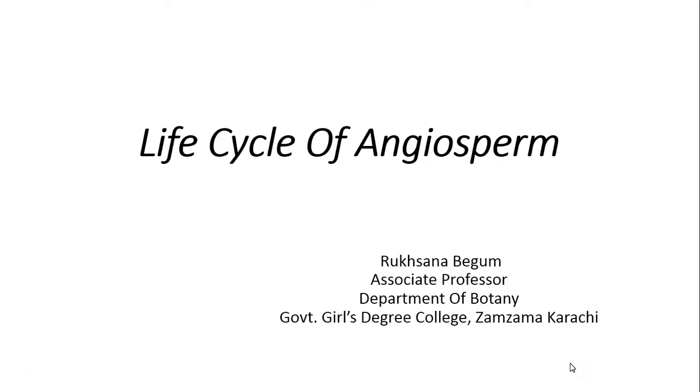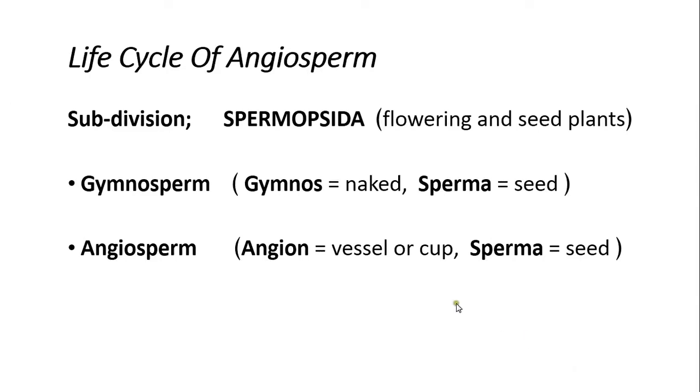Dear students, today we will discuss the life cycle of Angiosperm. It belongs to subdivision Spermopsida, the flowering and seed plants. Chapter number 9, Kingdom Plantae of first year Botany. The seed plants are divided into two groups,